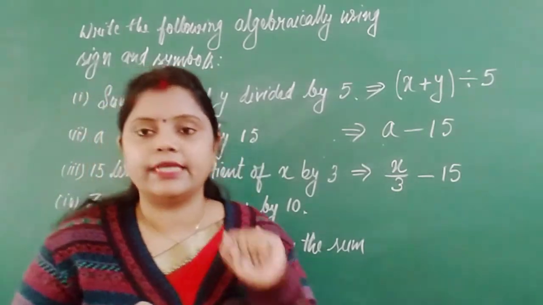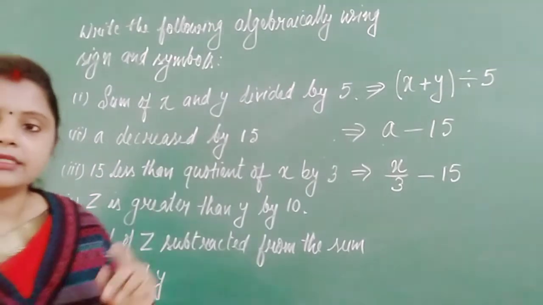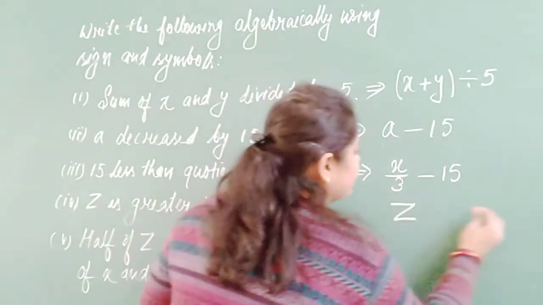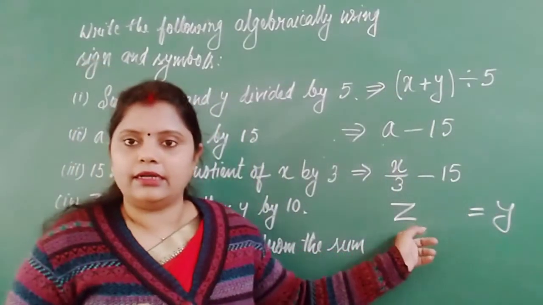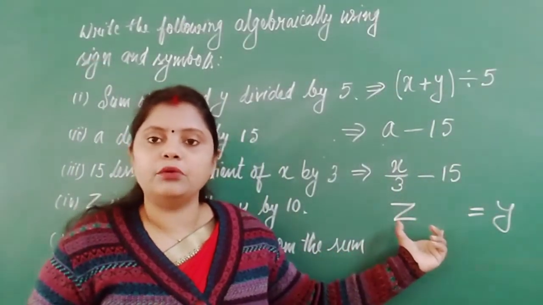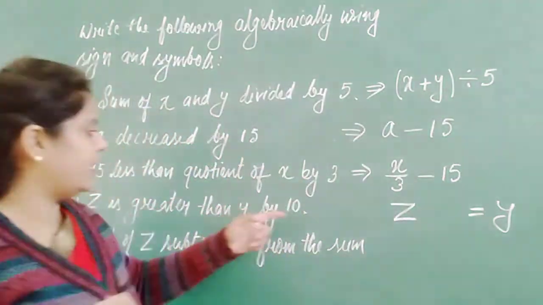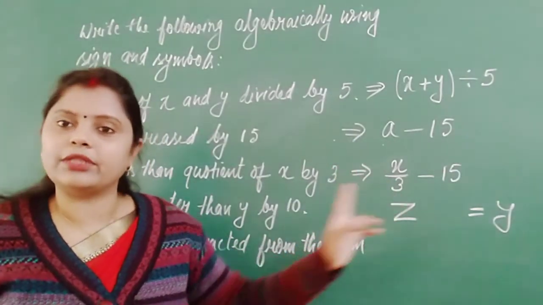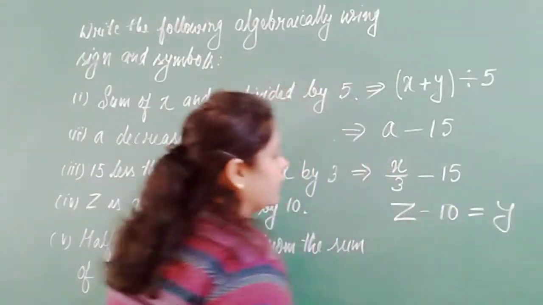So what they have said is that z is greater than y by 10. Z is obviously greater than y, and z has more value by 10. So what if I do one thing? If I take 10 out of z, do you think both can be equal? That means if I do this, if I take